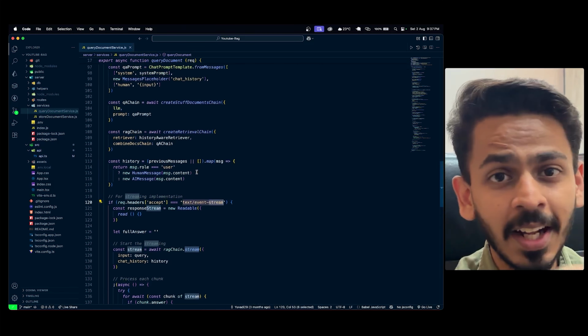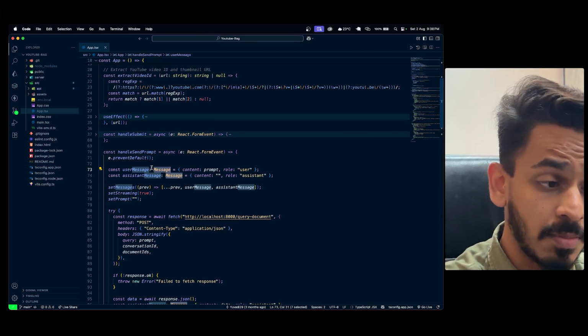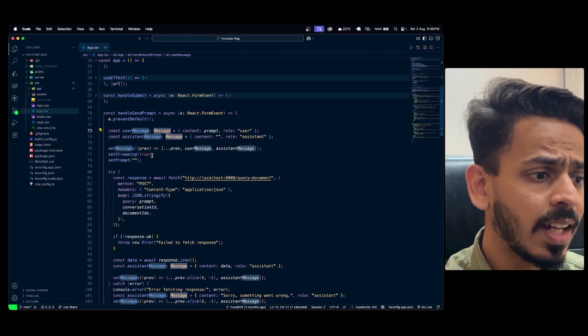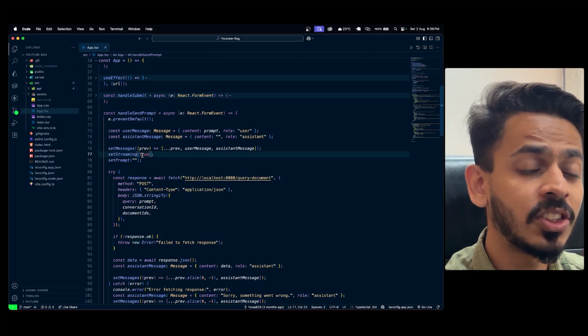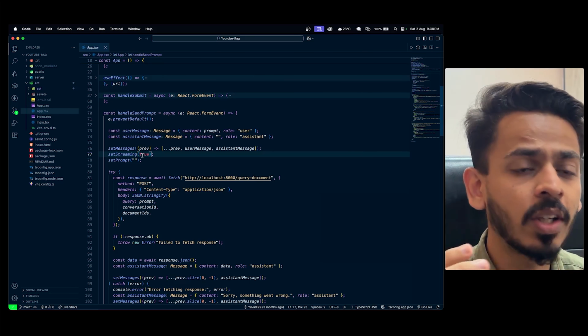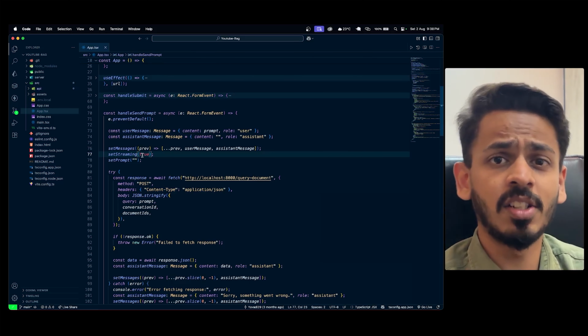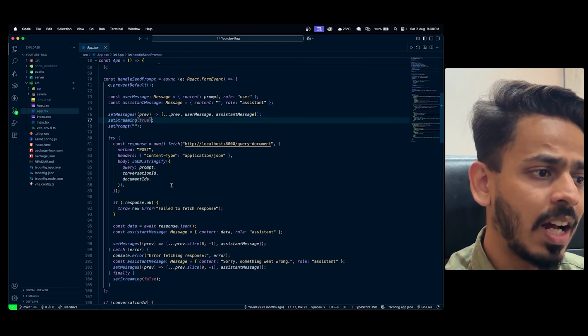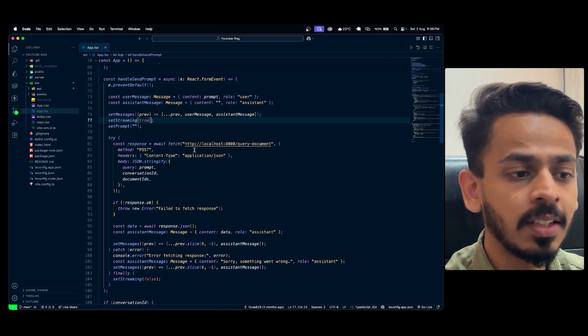So if the user is giving the message, we have the user message, or else the assistant message. Next, we are keeping the streaming as true or false, because we want to get the streaming response just the way we get it from OpenAI or any kind of LLM. After doing that, we just make the API call.